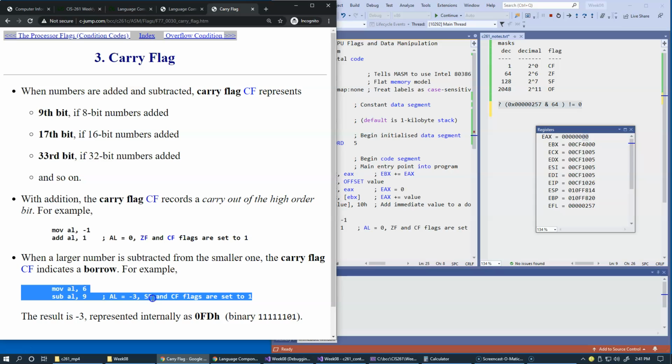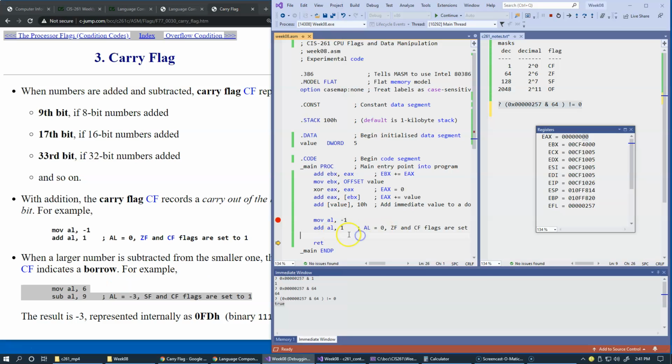The sign flag should be set because -3 is negative, and the carry flag is also set to 1 because we had to borrow. 6 minus 9, we had to borrow from someplace, so the carry flag should be set. We can try this, of course,